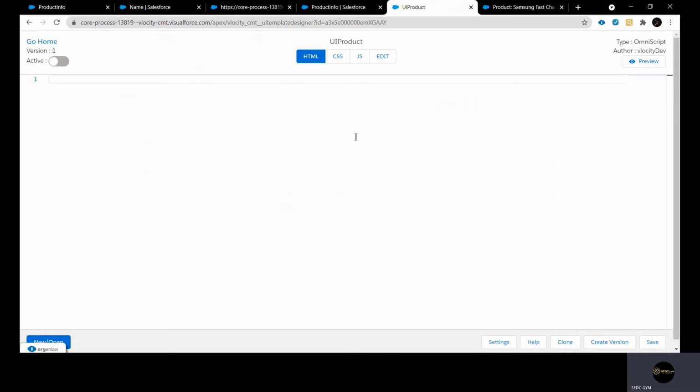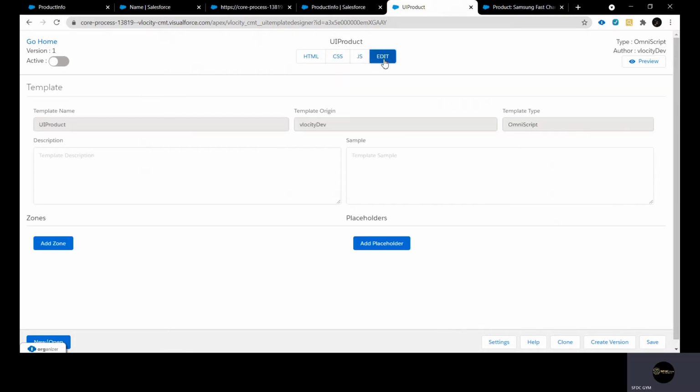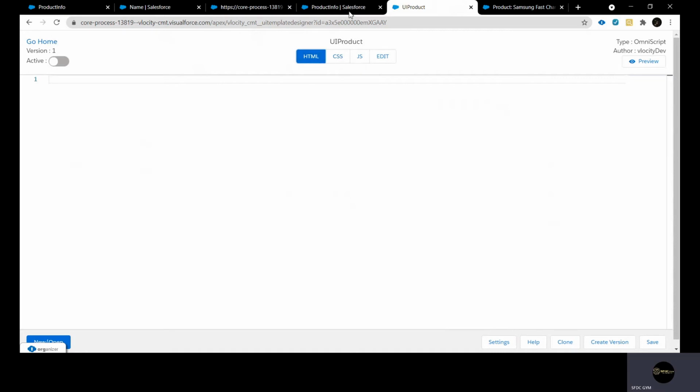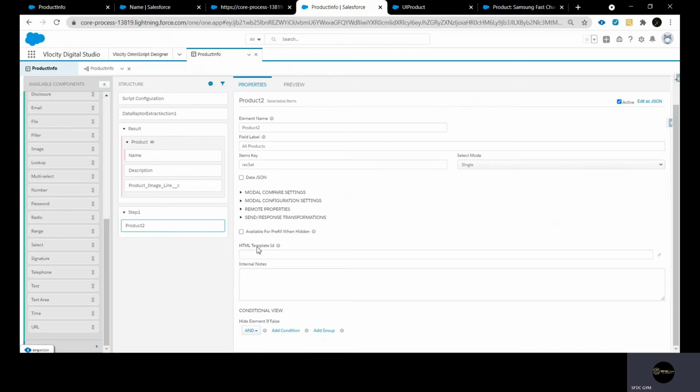Now the moment you click on create, you will see there are 4 options. One is to put the HTML, CSS, JavaScript, and Edit. Edit is nothing but to change the definitions. So mainly 3 options. So see guys, what this HTML template does, it simply takes the data from your JSON tree and instead of showing this with the help of these native elements,